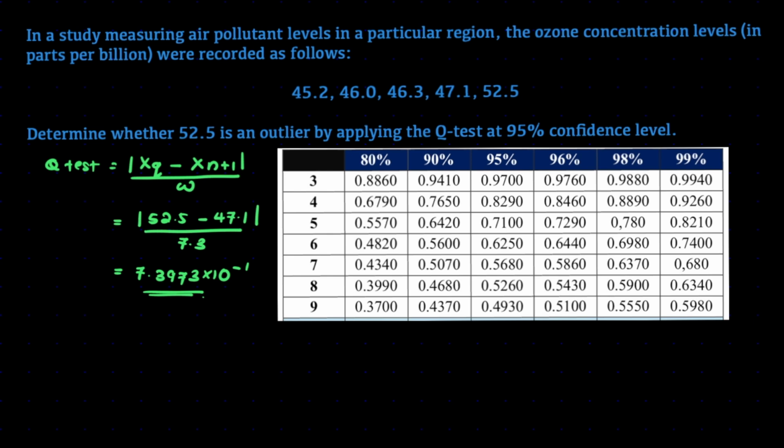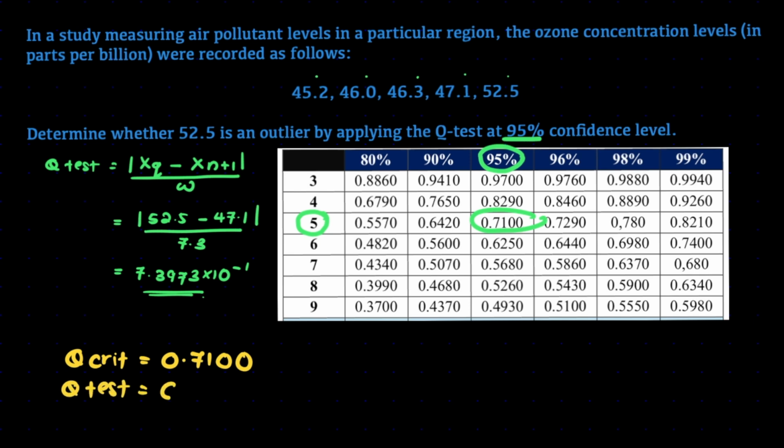Alright, now we are going to refer to the Q table. The first thing that you need to do is know what your N is. So 1, 2, 3, 4, 5. We have 5 data points, so N is 5. And the question states that it wants a 95% confidence level. So 95% at 5 is 0.7100. So we can say that your Q critical is equivalent to 0.7100, and your Q test is equivalent to